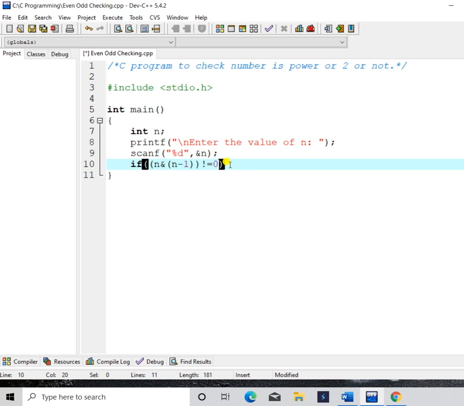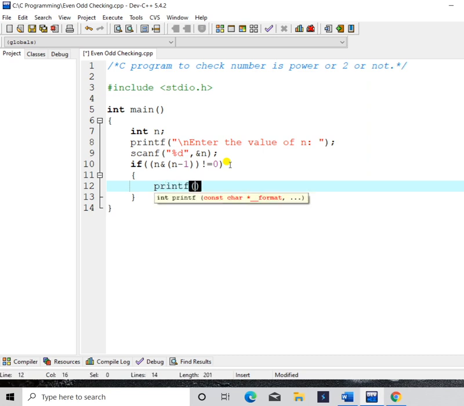At first I am writing the program, then I am going to discuss. It will print that the number is not the power of 2. Backslash n is not the power of 2.